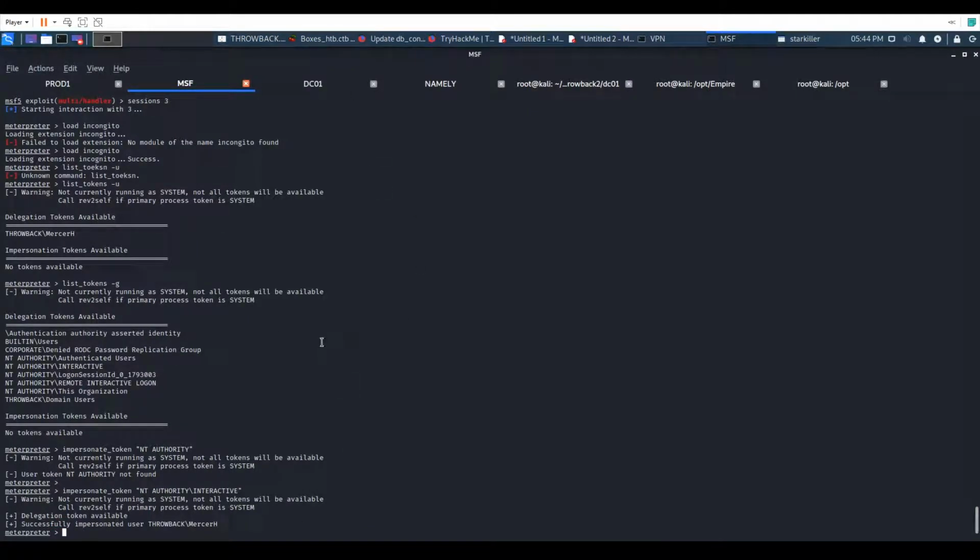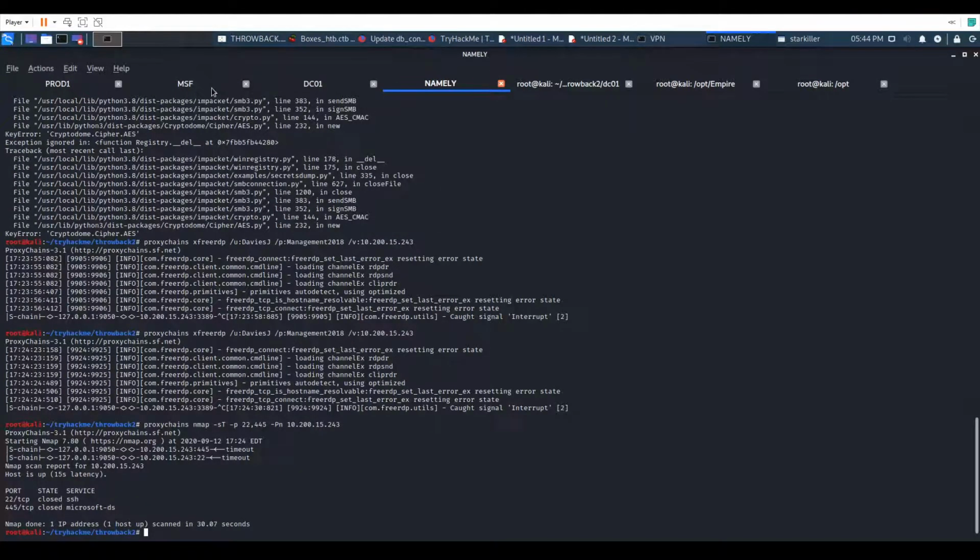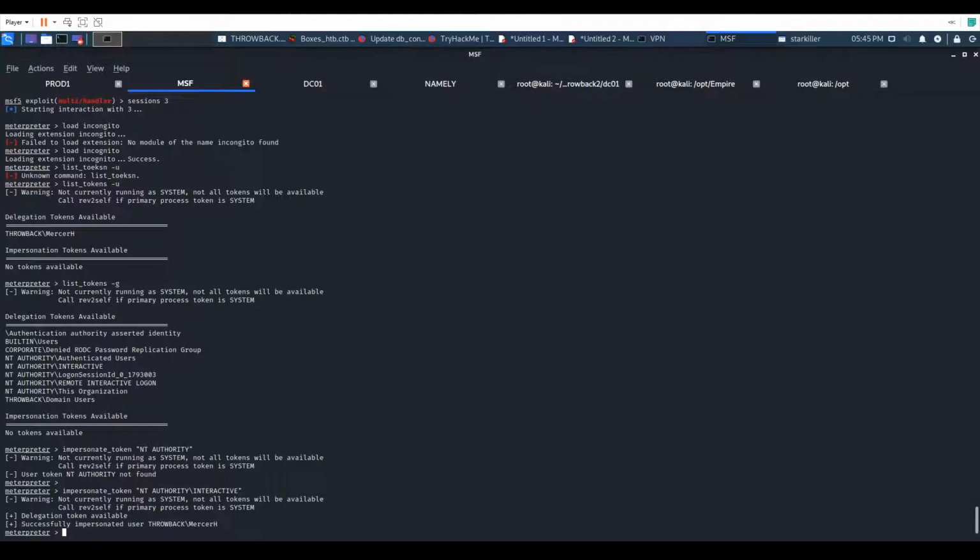I'm gonna give up on this box only because I have some really strange troubles with coming back this time, because as you could see, first of all I had problems to set another session, and now I've got problems to go back. So this is pivoting in a nutshell. You're always gonna find some problem with that, and it doesn't mean that pivoting is useless and you should not try it. Pivoting is super important because